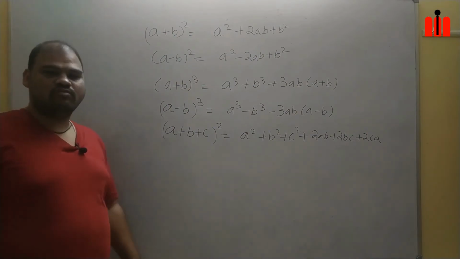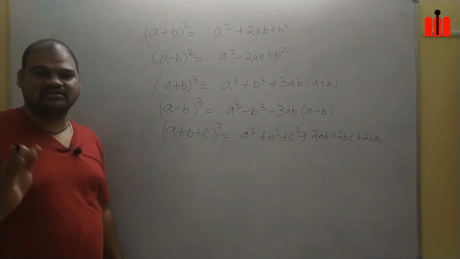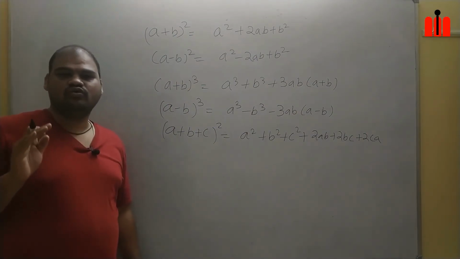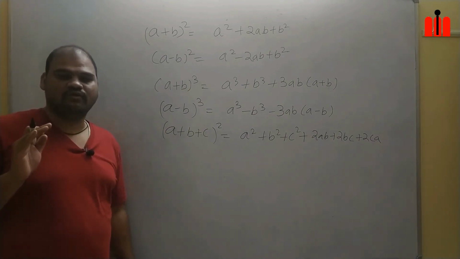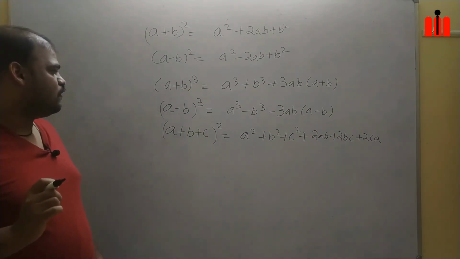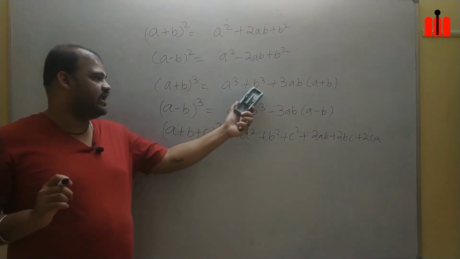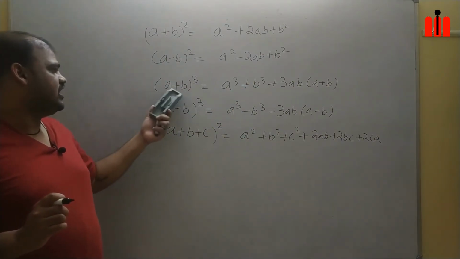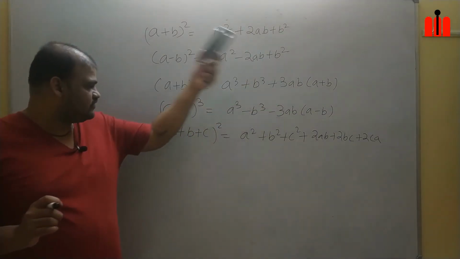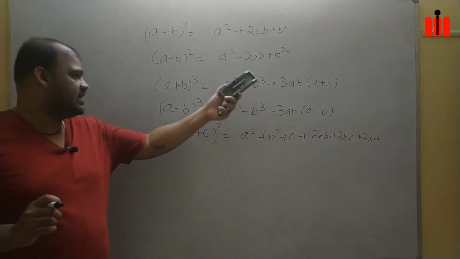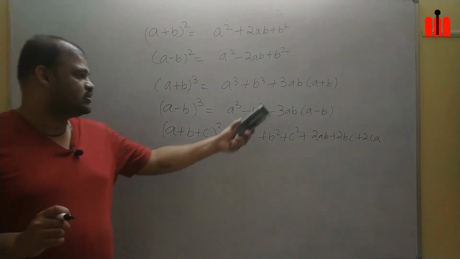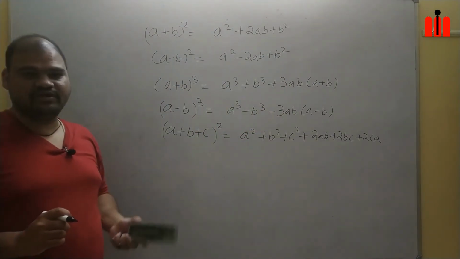So these are the basic formulas which you are required to keep in your memory. Now there is one formula which can be generated for a cube plus b cube from here. It will be a plus b whole cube, and you shift 3ab bracket a plus b towards the LHS. So it is positive, and it will become negative on the LHS.